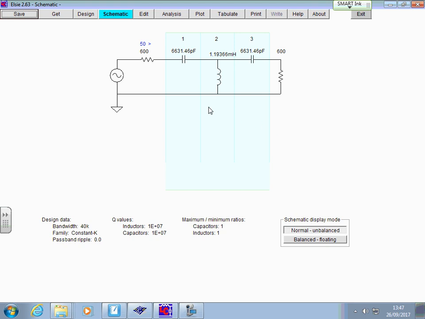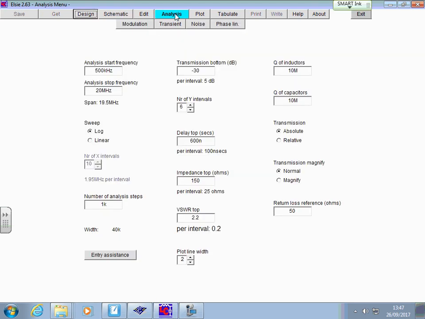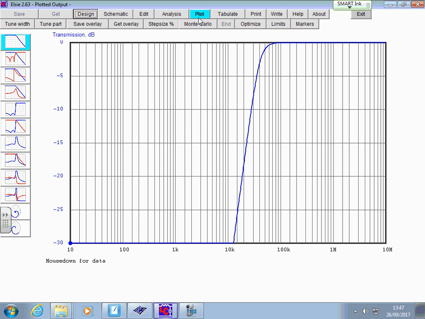Now, go to the tab, and here's where we're going to specify what range of frequencies we're going to look at for our plot. Starting frequency, we'll do 10 hertz, and if we go up to 1 megahertz, we'll remember our cutoff frequency is only 40k. Let's go 10 meg. Span that we're going to do. Don't need to touch anything. We can plot